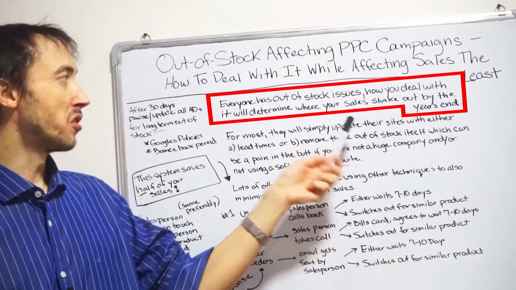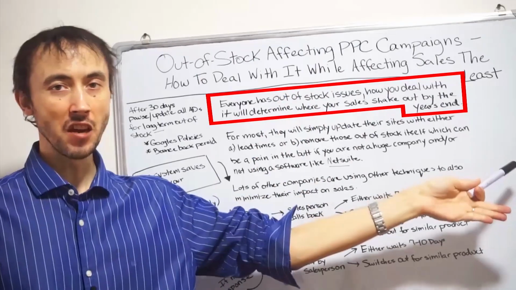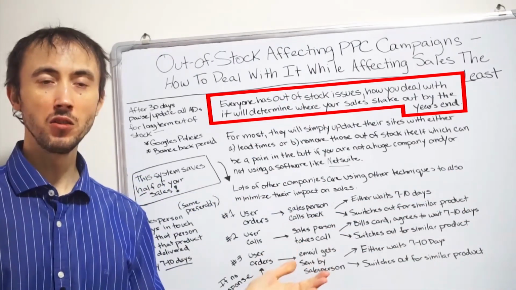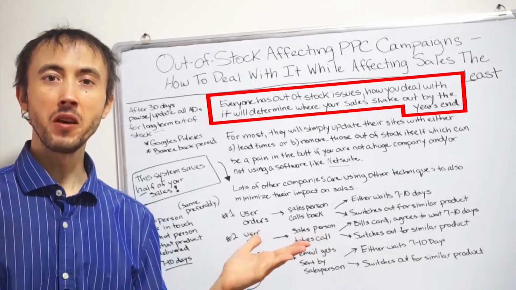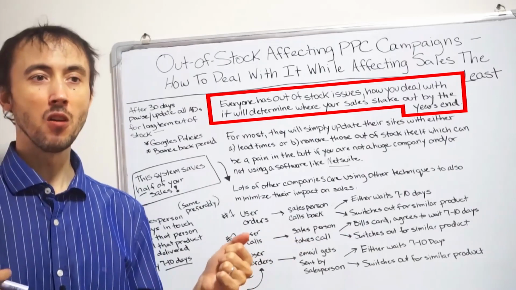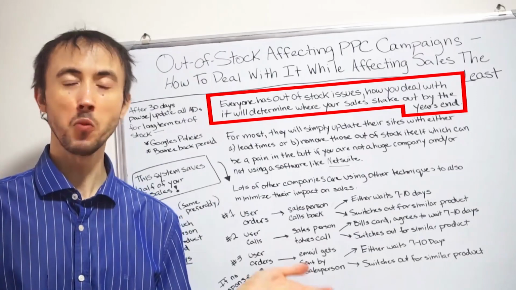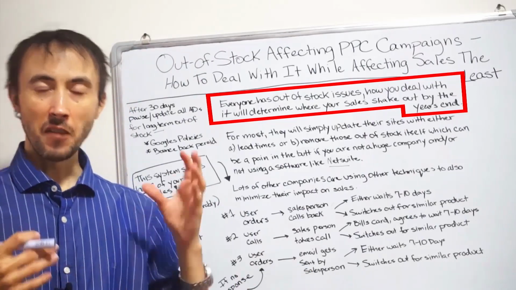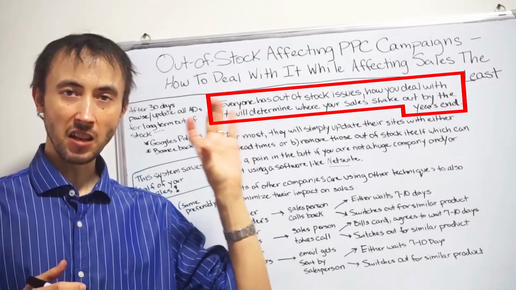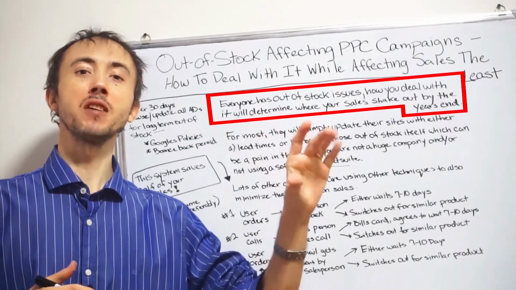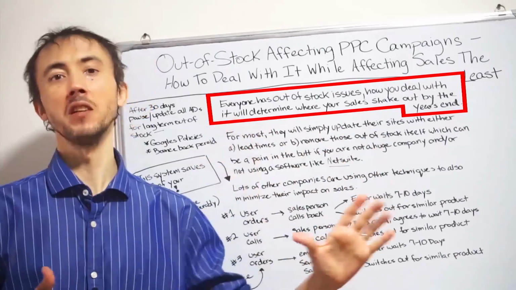Everyone has out of stock issues. How you deal with it determines where your sales actually shake out by the end of the year. If you had everything perfectly in stock, you would make $3 million this year, but you have out of stock issues sometimes, so therefore you're going to make $2.6 million. If you want to close that gap from 2.6 million as close to 3 million as you can, this strategy is what can help you do it, assuming this is what other people are doing. Big company, little company, they're doing it.